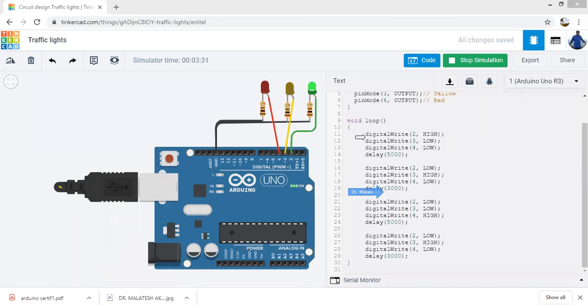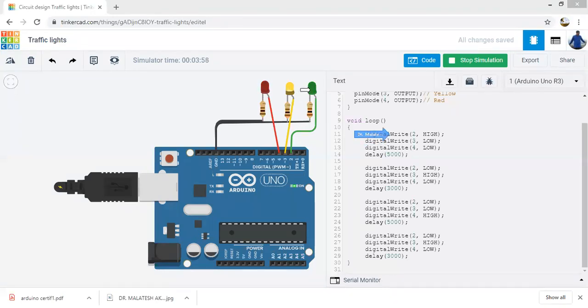I'll explain one block properly. You'll get digital write 2 high, digital write 3 low, digital write 4 low. In the sense, for pin number 2 we have connected the green, for pin number 3 the yellow, for pin number 4 the red. Therefore yellow and red are off and only green is on in the beginning.